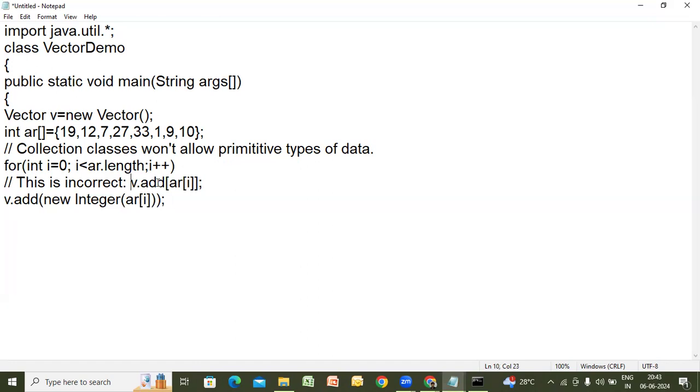Forget about this. Now read this. Because the problem is AR of 0, which is 19. 19 is primitive. That is the problem. They are not compatible. V is a collection object, and 19 is a primitive type. Collection object means collection class, and collection class is an advanced type of data. It won't allow primitive type of data. That kind of problem